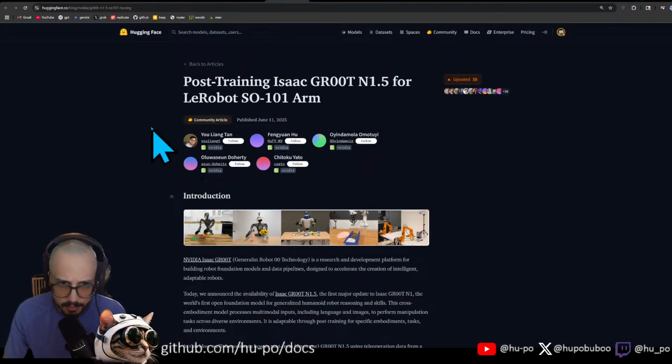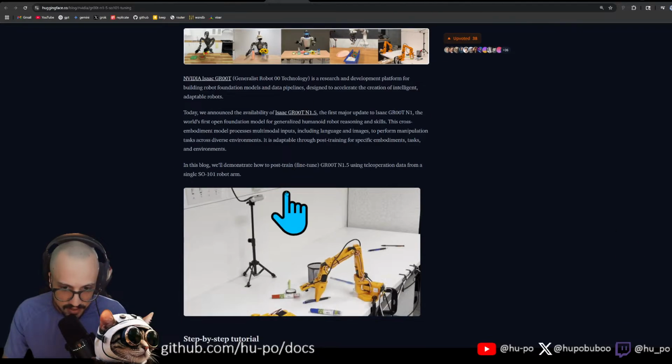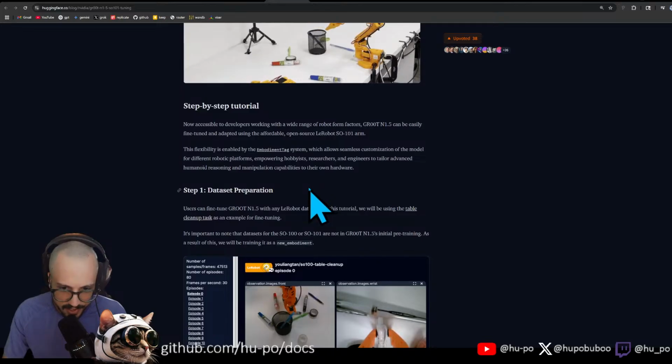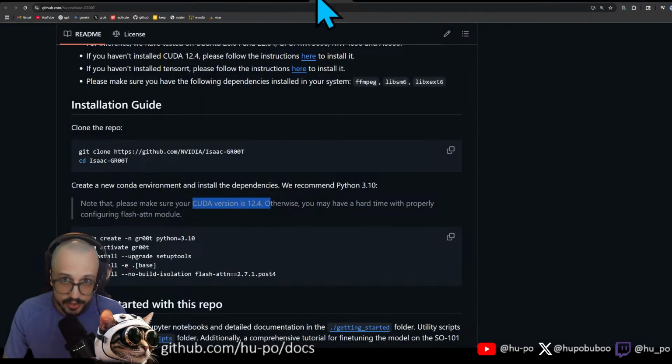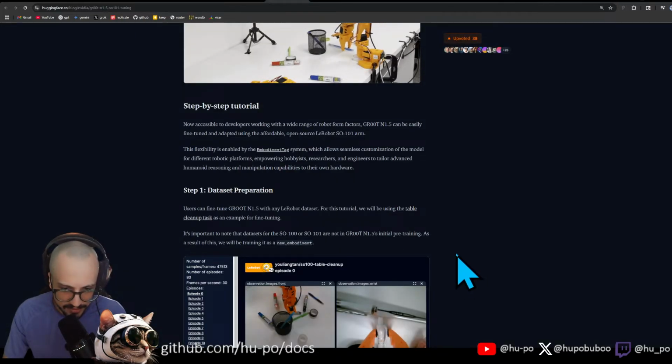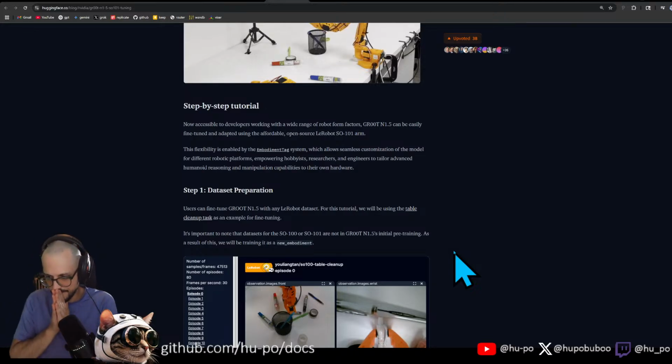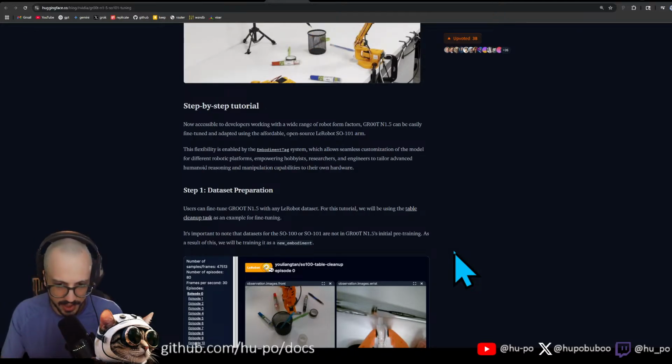So you can see that a bunch of the people from the NVIDIA team, so you can see here, NVIDIA. So this is like a bunch of people with NVIDIA affiliations. They created this blog post on Hugging Face talking about fine-tuning their model using a LeRobot dataset, which I feel like people aren't realizing this, but this is a big deal, right? Because